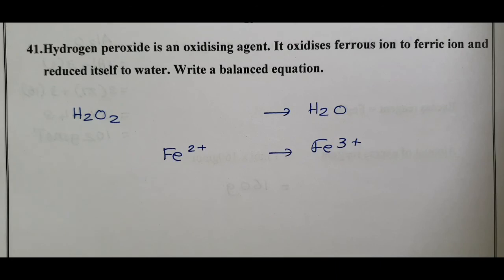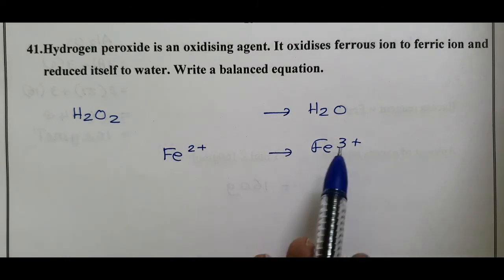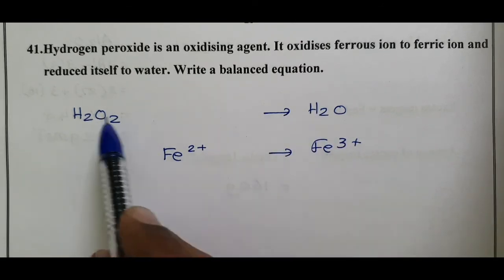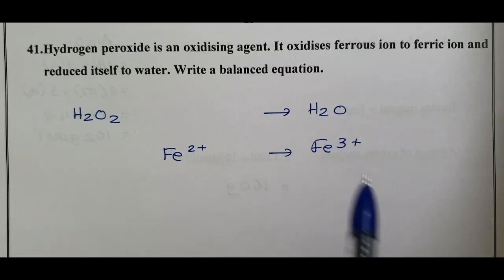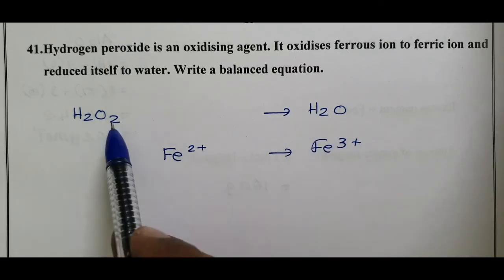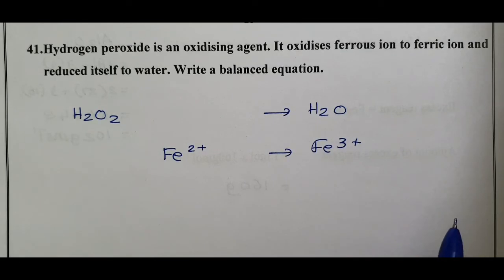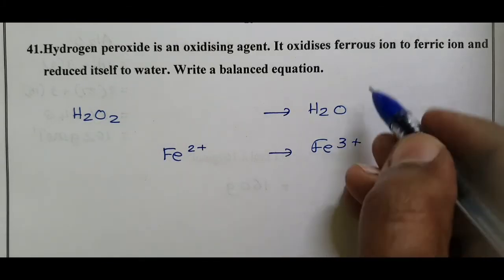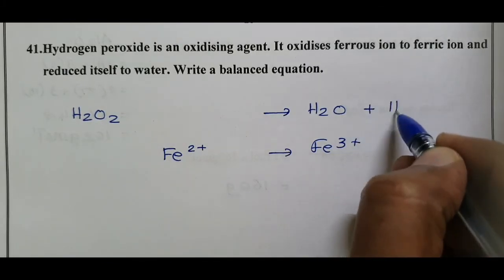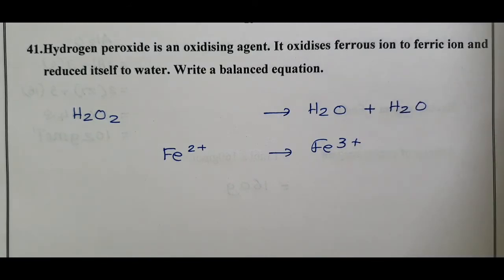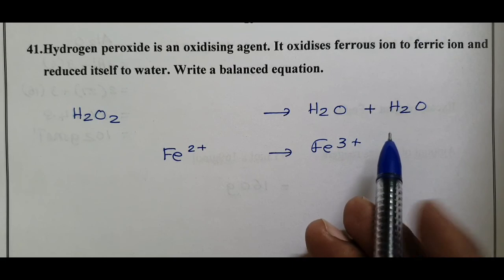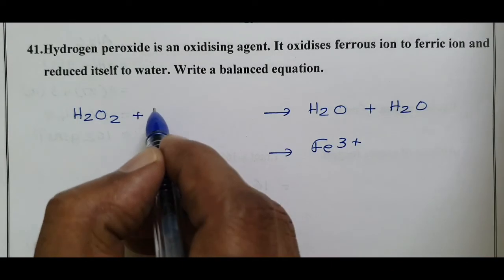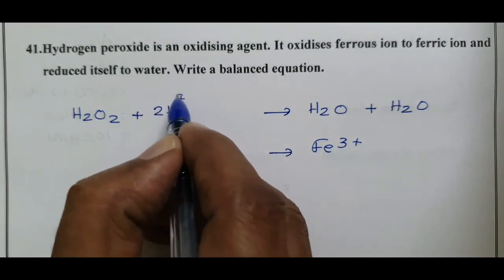First I balance the first equation. In balancing an ionic equation by the ion-electron method, first we have to balance elements other than hydrogen and oxygen. Except oxygen and hydrogen, no other elements are present here. Second, we have to balance the oxygen atoms by adding water molecules. Here 2 oxygen, here 1 oxygen, therefore the remaining 1 oxygen is balanced by adding H2O. Then hydrogen is balanced by adding H plus ion. Right side 4 hydrogen, here only 2 hydrogen, therefore the remaining 2 hydrogen is balanced by adding H plus ion.